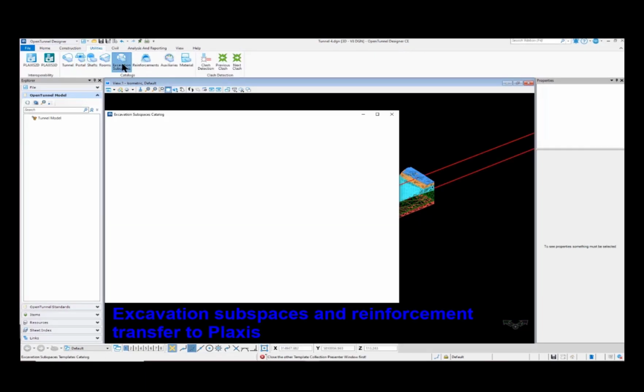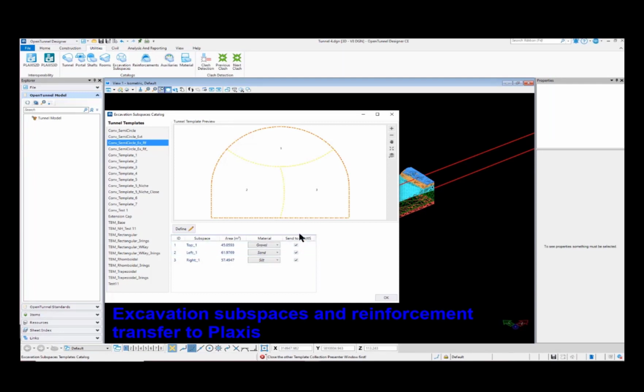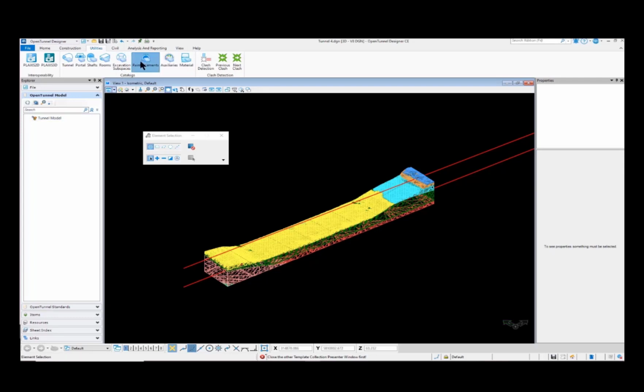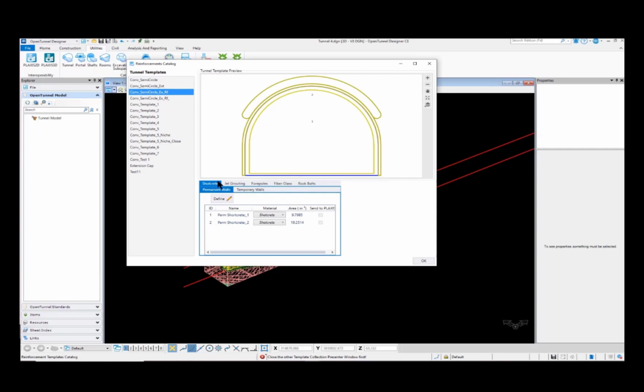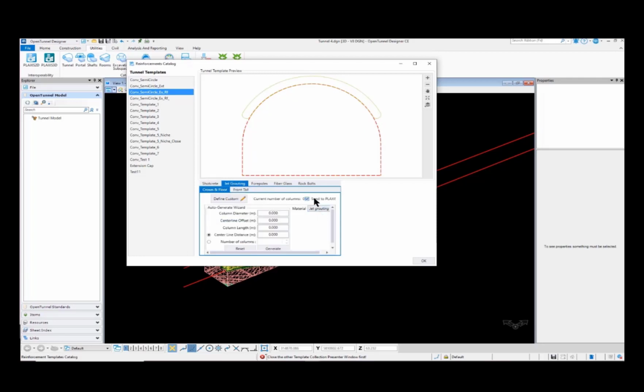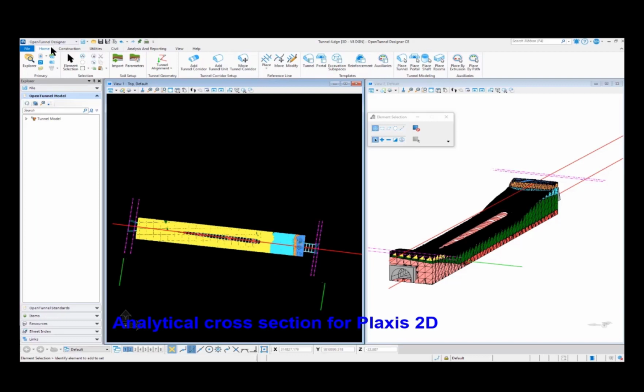In the excavation subspaces, the relevant items are to be checked to send to Plaxis. In the reinforcement catalog, items are also to be checked to be transferred to Plaxis. For example, jet grouting we want to send to Plaxis. So we check the item. Once these are done